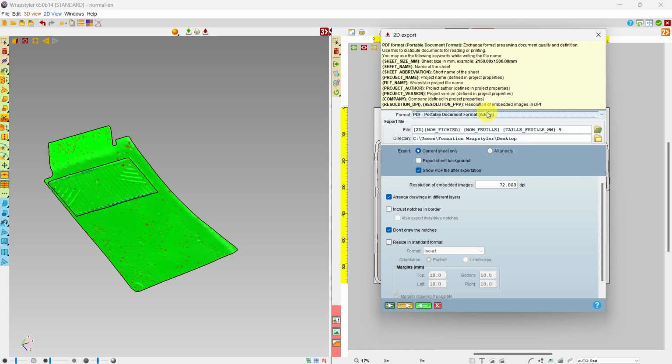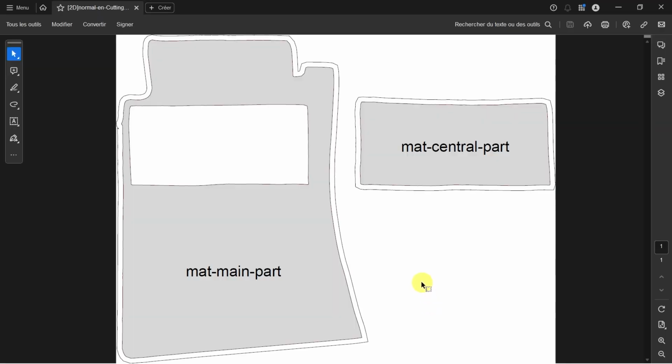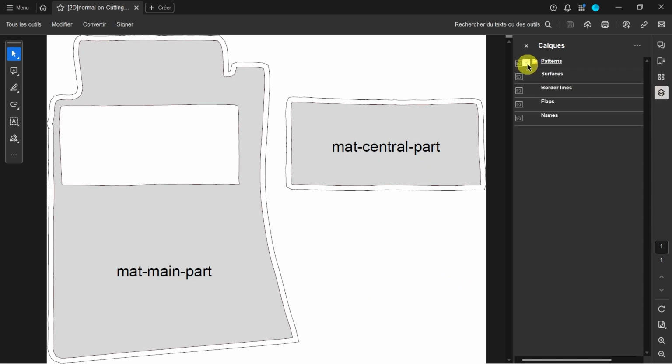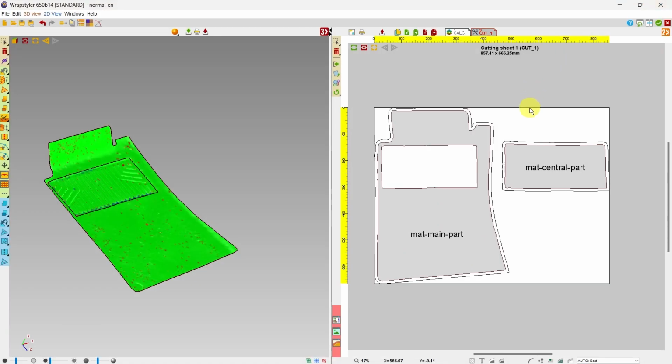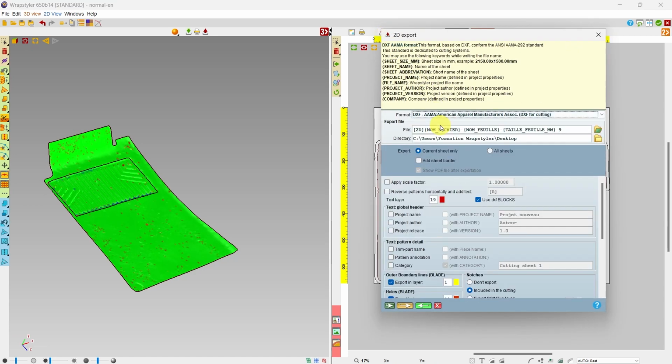PDF is well known, well supported, and you can even have several layers, like you can see here, even in Acrobat Reader. The DXF AAMA has a lot more options.